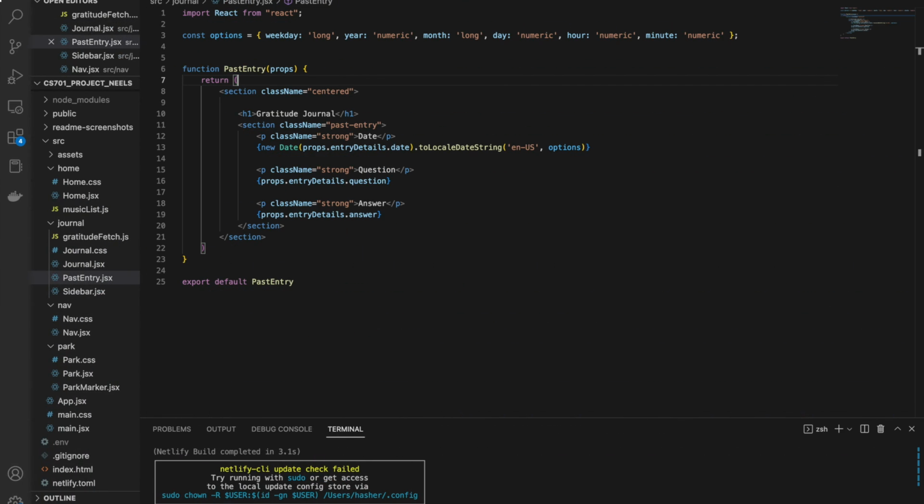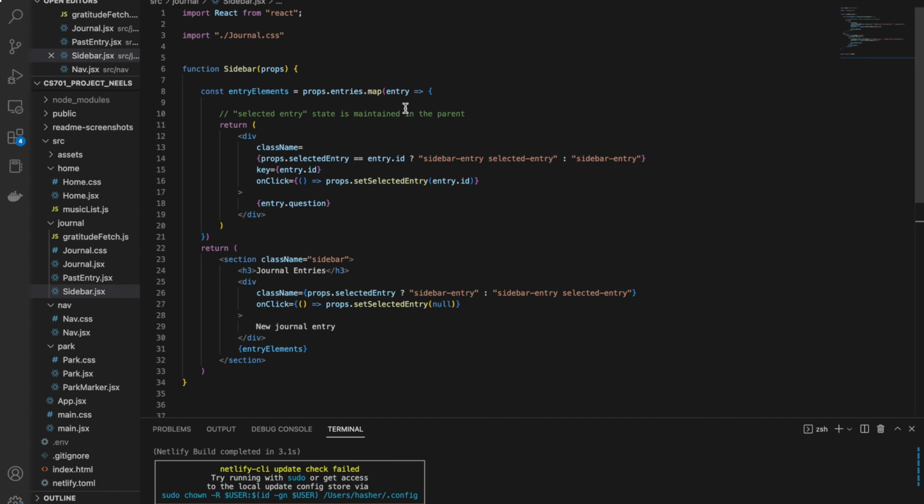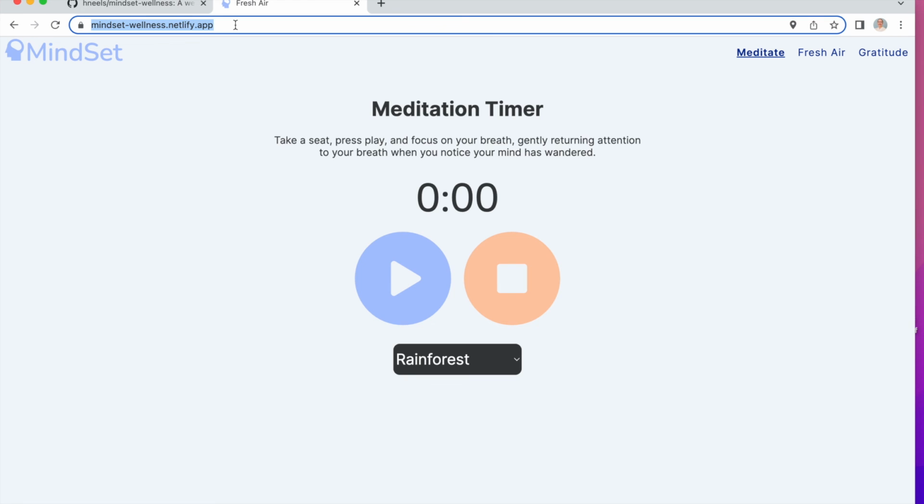To properly maintain state in this parent and display the correct views when there are past journal entries and when there aren't past journal entries, this component has a past entry component and also a sidebar component that both receive props. You can check out this application for yourself at